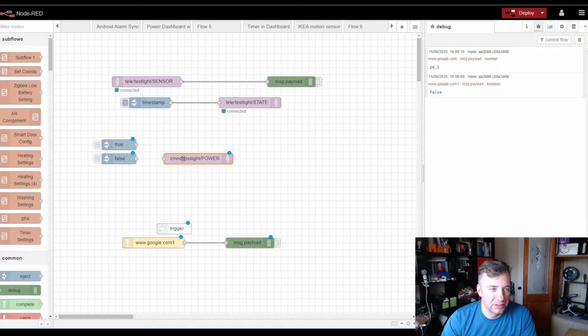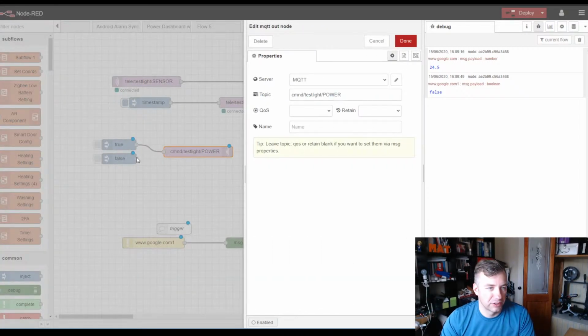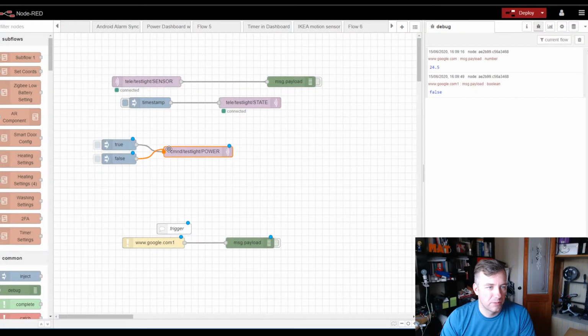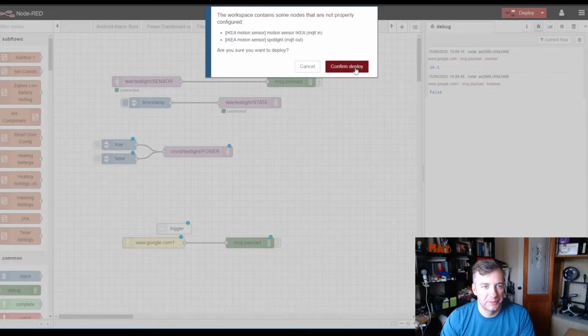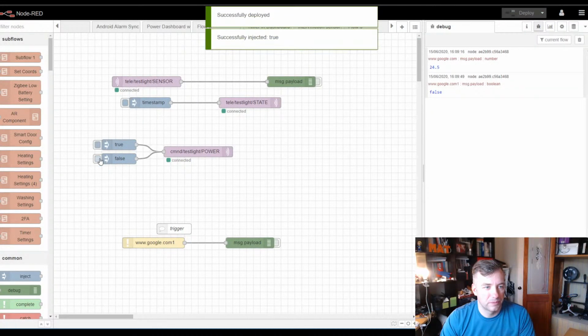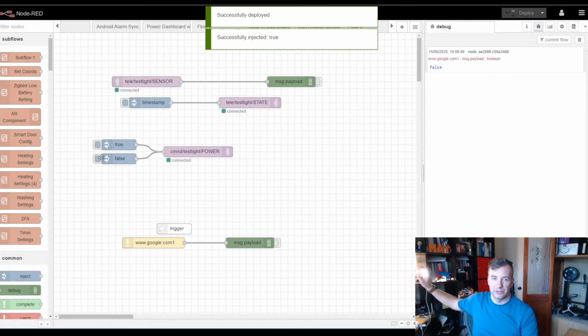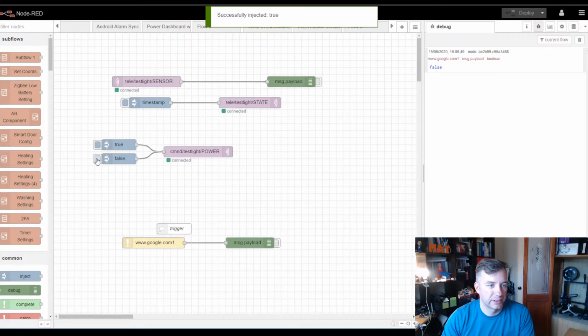And now we have the ability to control our light for testing purposes. I could just flip the switch in there, but we're going to do it this way. Okay, so let's do it. So now the light is on. I've clicked on a true, that's done. If I'm going to click on a false,